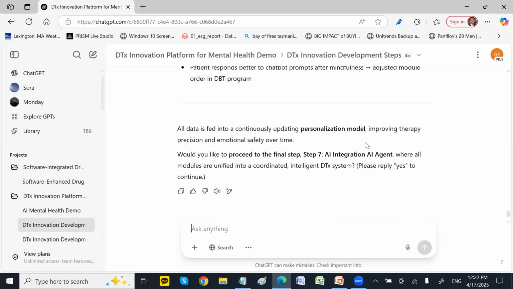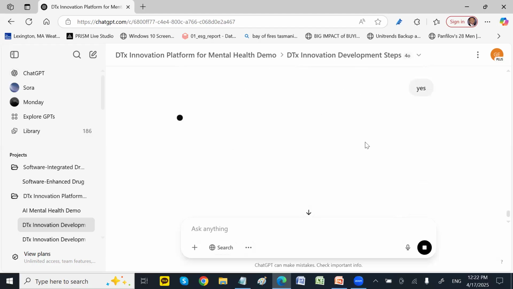And then how to actually implement AI to make it more advanced.